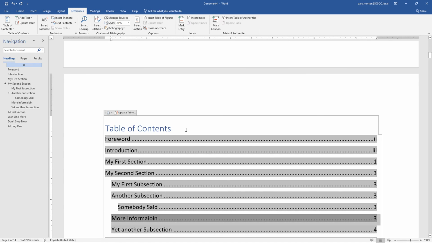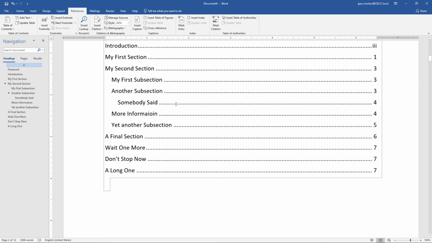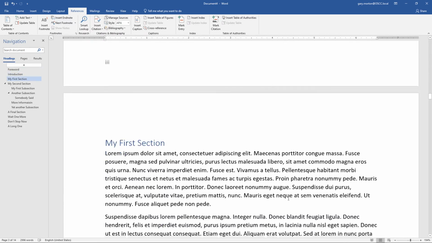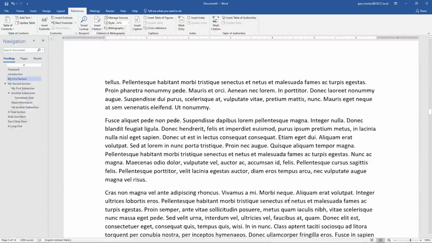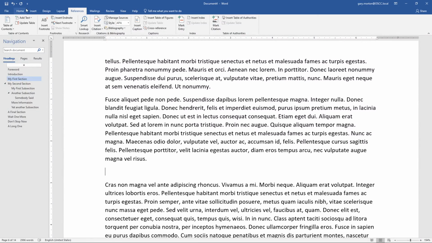So in order to update that, just click in your table of content, and then up at the top left, there's a button that says Update Table. So you have two options when you come in here, to update page numbers only. And if we click that, OK, you notice that it did fix all of our page numbers for us. But what happens if we add something to our document? Let's say that here,